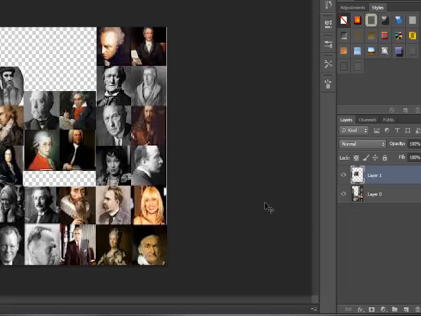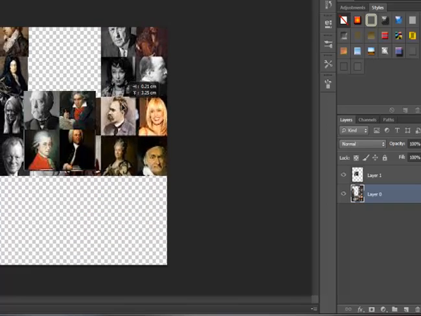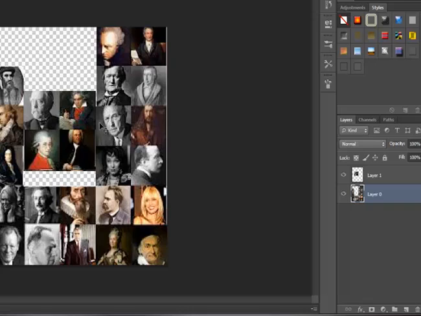If I select this one and move it, I cannot move the others because it is a separate layer.